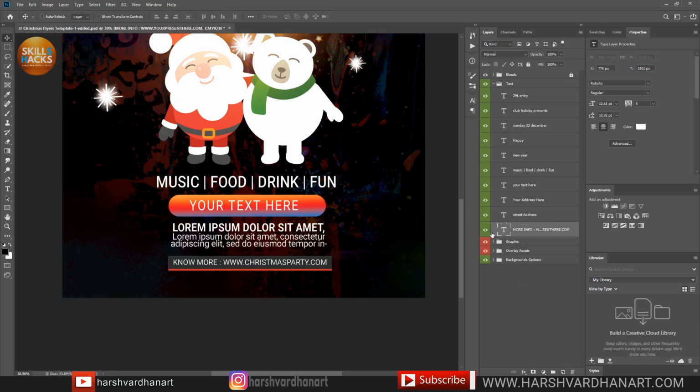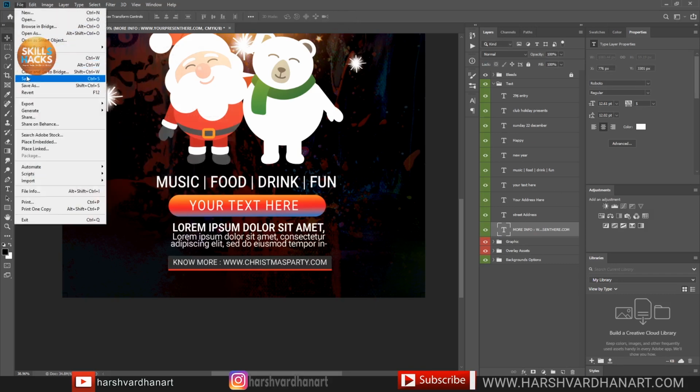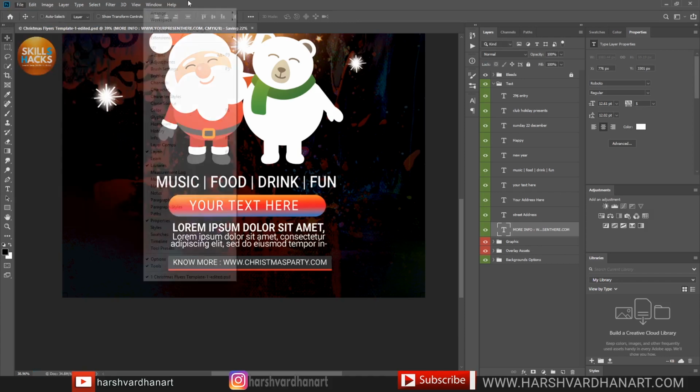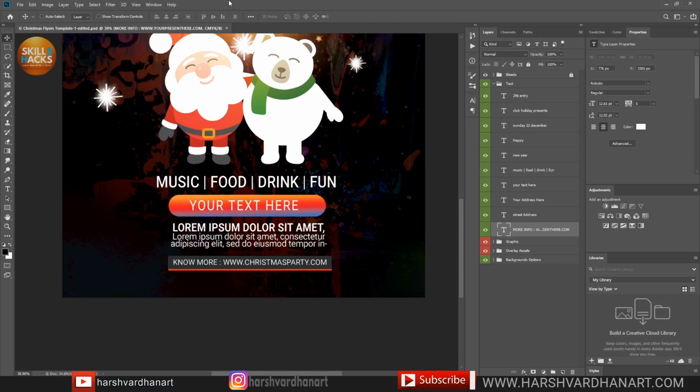All right, and then you have this option more info. So if you want to place your website address or some other information regarding some online website or blog, then you can just enter that over here. All right, and thereafter once you are ready, press file and save, and then you can go to the file and select print. Otherwise, if you don't have your own printer, you can export this as